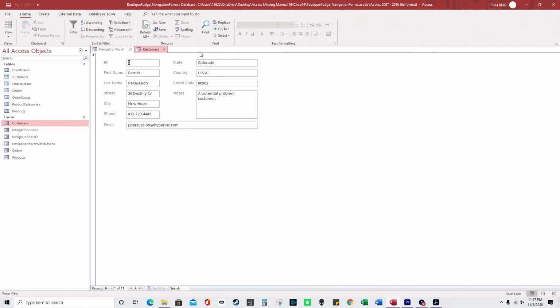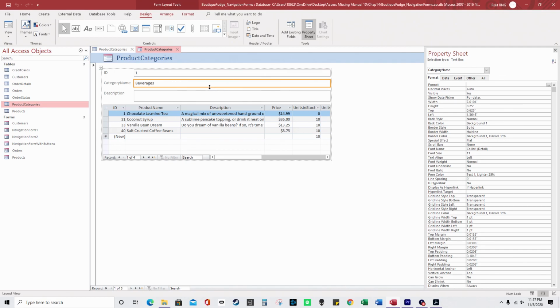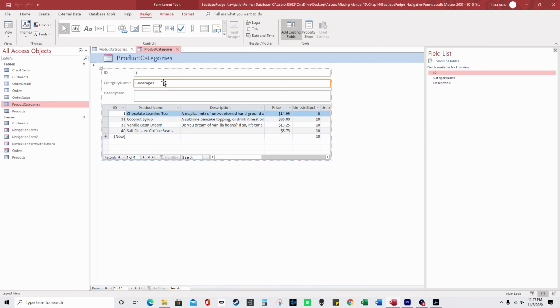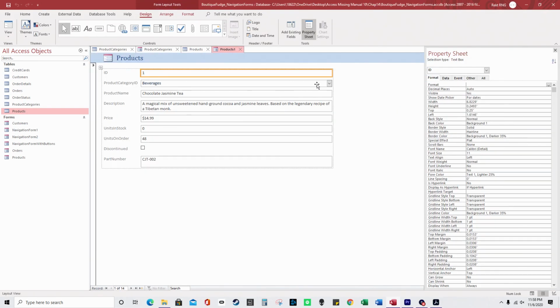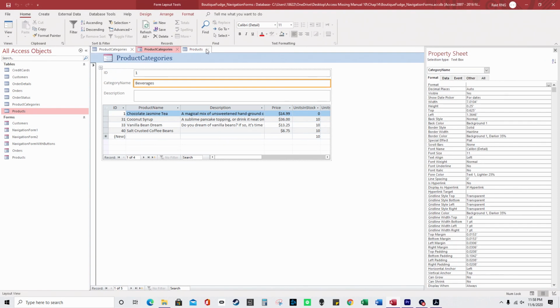I'm going to do a product categories form. Create and form. And notice how this doesn't have a list box and you have to switch between the categories. No, it doesn't even let you switch between the categories, because I just made a form on product categories. And then if I go to products and I make a form, it'll just have each of the categories here and also all of the products. But if I go to product categories